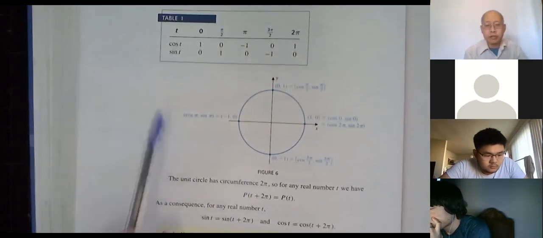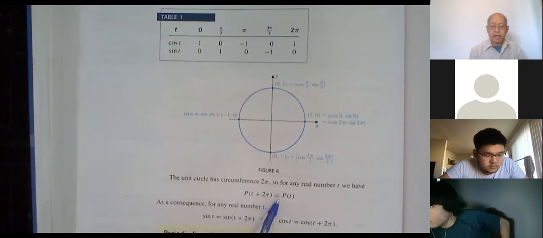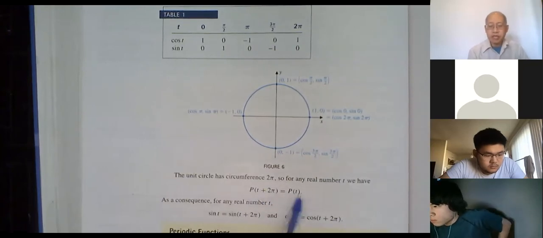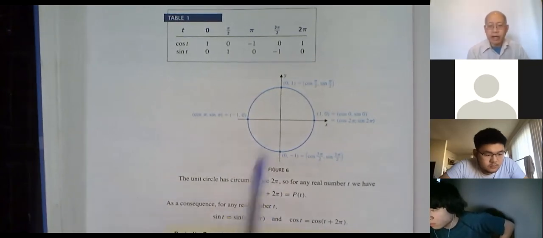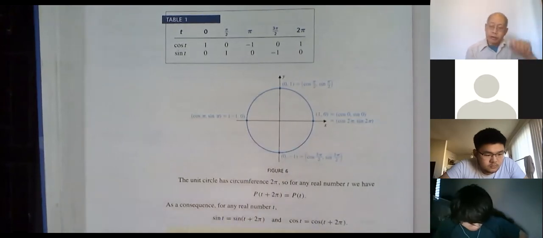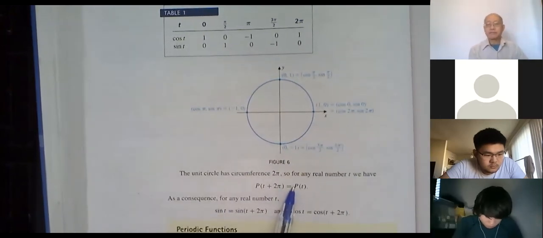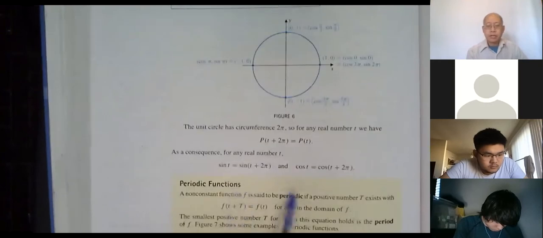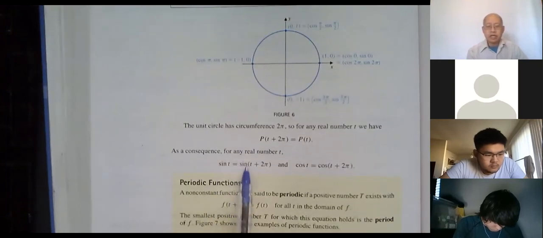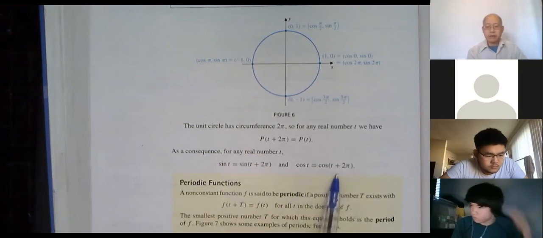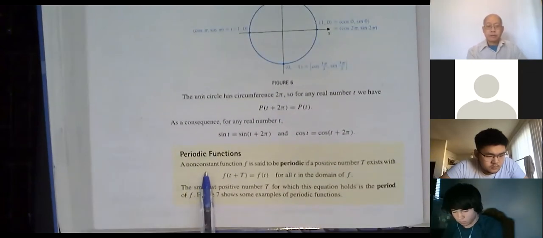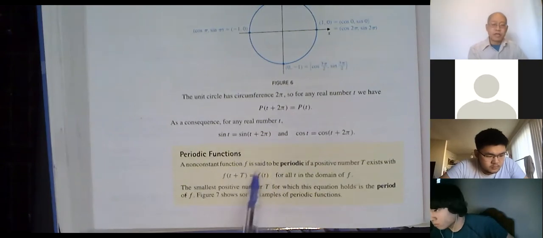Again, both sine and cosine are what's called periodic functions. There's a repeating pattern. Okay, so P of t plus 2 pi equals P of t. P stands for the point. So if I'm at any point, if I add 2 pi radians, you're just going around a circle one more time, so you're going to land at the same spot, right? So P of t plus 2 pi is equal to P of t. Okay, so that means sine of t and sine of t plus 2 pi are always going to be the same thing. Likewise, cosine of t and cosine of t plus 2 pi are always going to be the same. Okay, so it's considered a periodic function. A periodic function repeats itself.